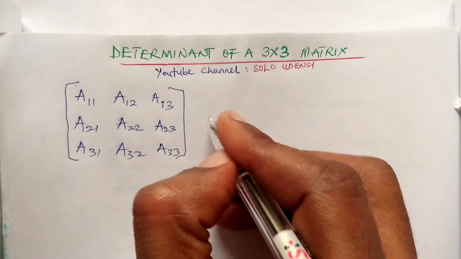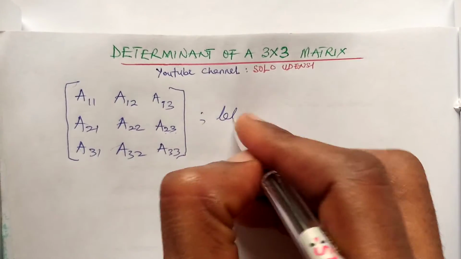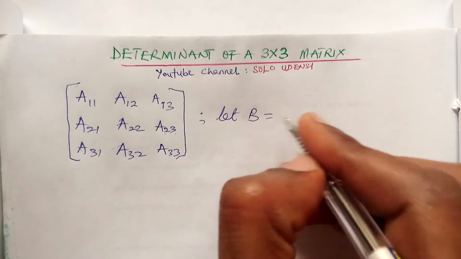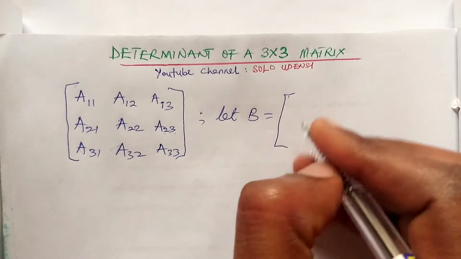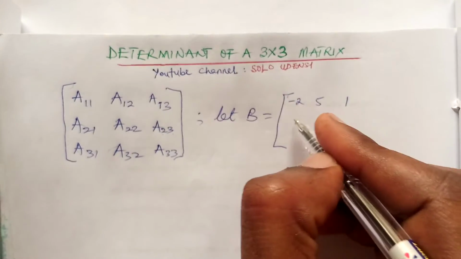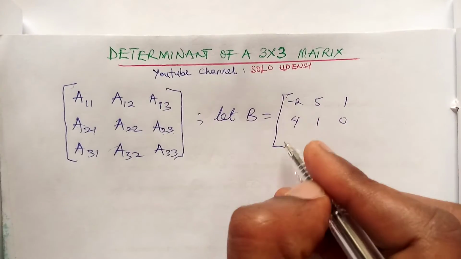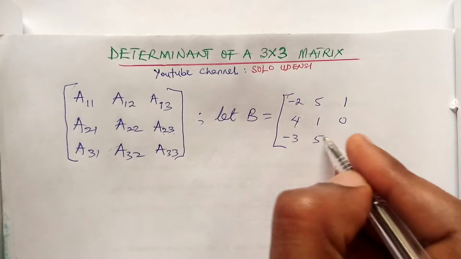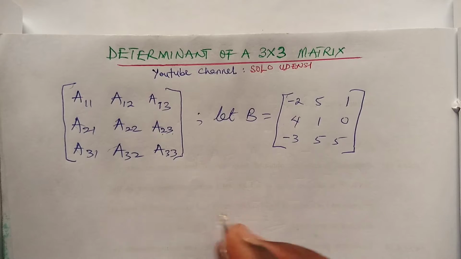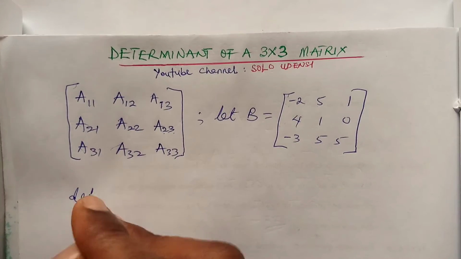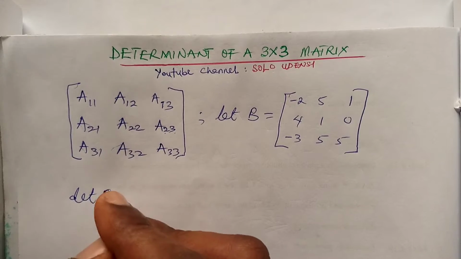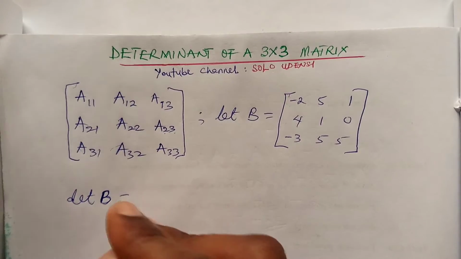So let's assume now that we have, let B equal a matrix. B equals -2, 5, 1, 4, 1, 0, -3, 5, 5. We are asked to find the determinant. So that B, the shorthand of this bold letter B, is equal to